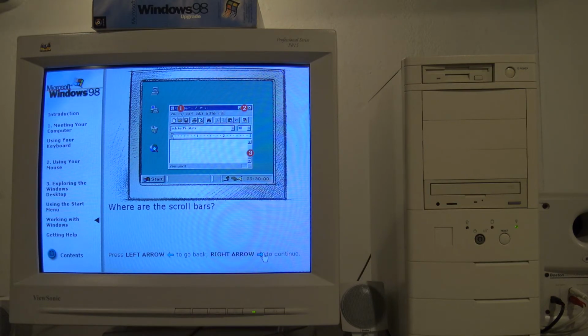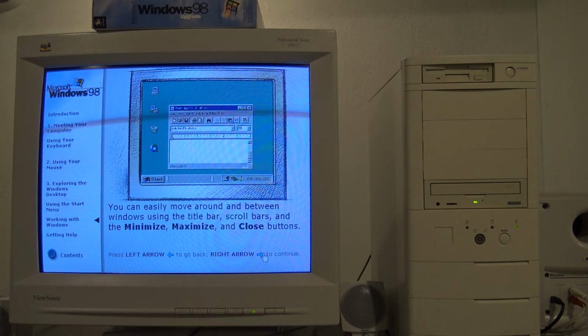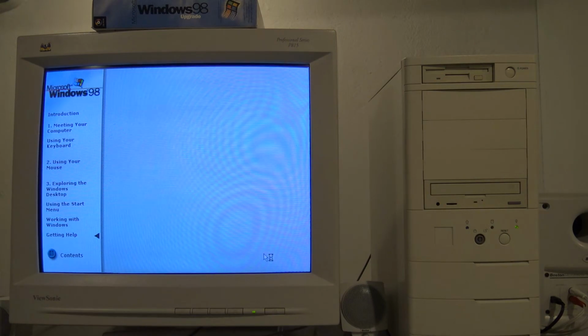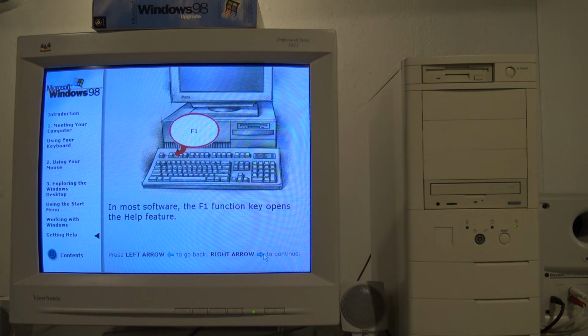Where are the scroll bars? Correct. Scroll bars are used when a document contains more information than can be displayed. You can easily move around and between windows using the title bar. In the next lesson, Getting Help, you'll learn what to do if you have a question about how something works on the